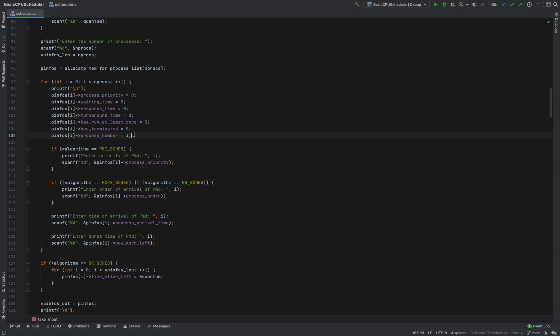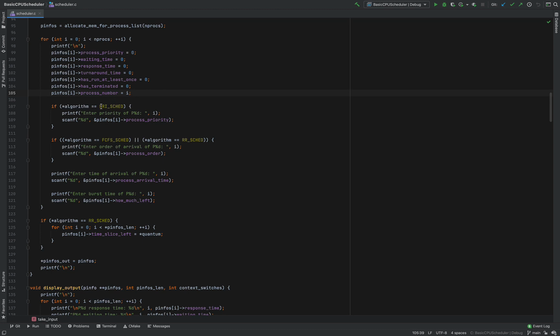And in that algorithm, we will try to sort the array, basically a copy of this array, by order of arrival, so that it becomes easy for us to figure out the next process to run in a round robin fashion. And that is why in order to link the process that we select from the sorted array back to the original process number, we need to store the process number also.